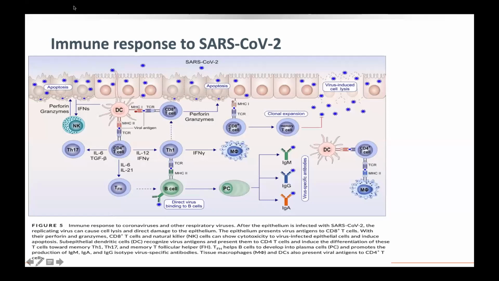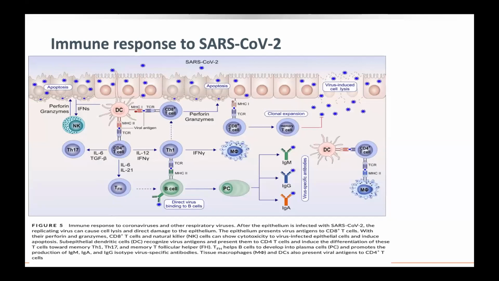And the response really to therapies, especially the monoclonal antibodies, and we'll talk about the JAK1 and JAK2 inhibitors, and also the IL-6 receptor inhibitors, is centered around reducing this inflammatory response. And also the steroids are centered around reducing this inflammatory response. But just as well, we know that there is early apoptosis which happens to the host cells, and this early apoptosis as well leads to lung damage and also damage to any other epithelial cells which are affected by the SARS-CoV-2.